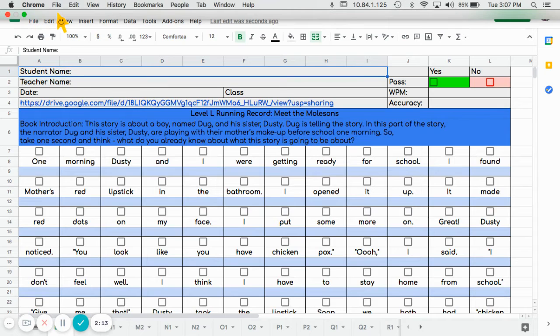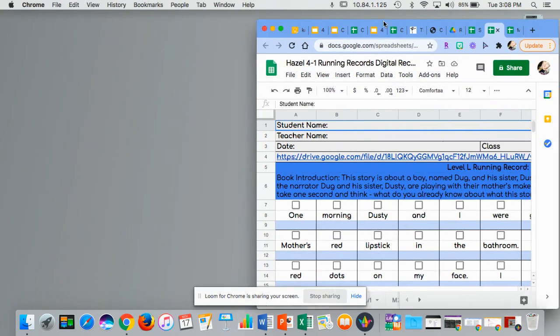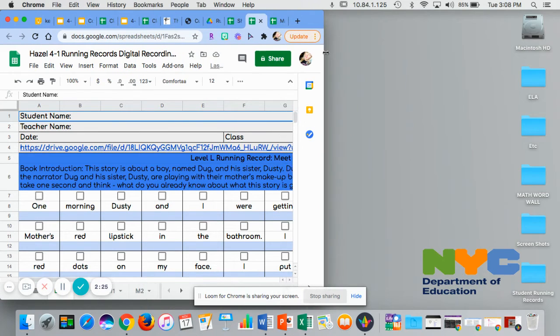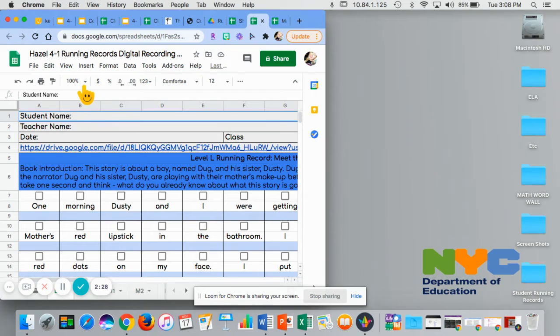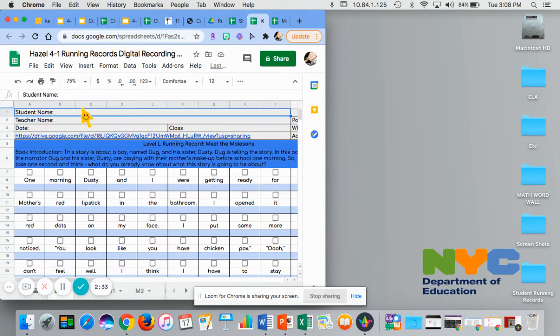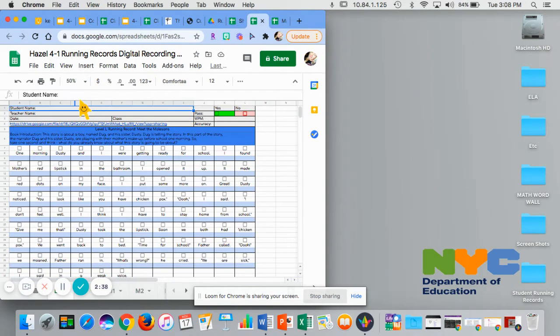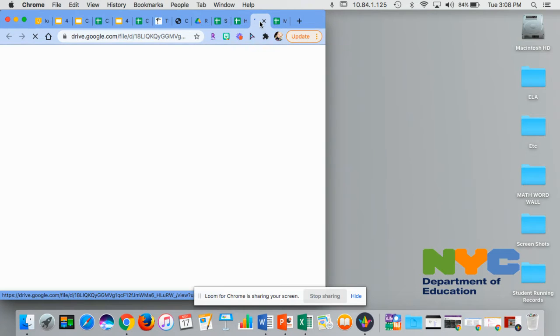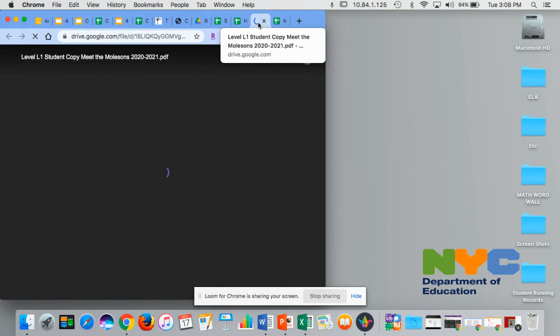So now, when I'm ready to assess my student, what I'll do is I will make this window a little bit smaller. And because now I can't see everything, I'll zoom out so that I can see the entire text or most of it. And then I'll open the student copy, which is linked right here. Once my student copy opens,